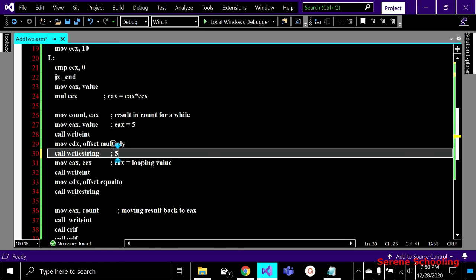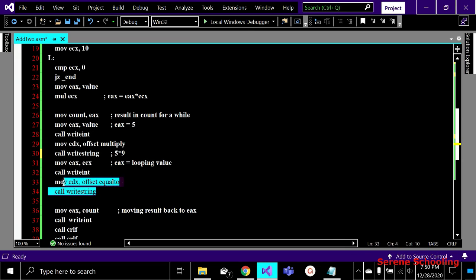So we have printed 5, and then by these two statements we are printing asterisk, and then we are moving ECX into EAX, because ECX is 9, right? We know that after 5 10s are 50, we need 9, right? 5 9s are 45, so we have to display 9.